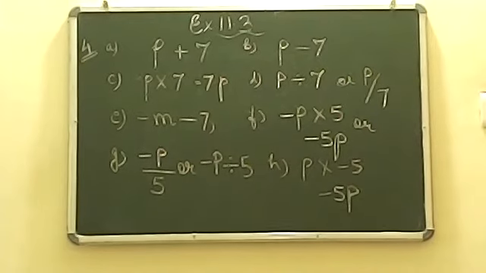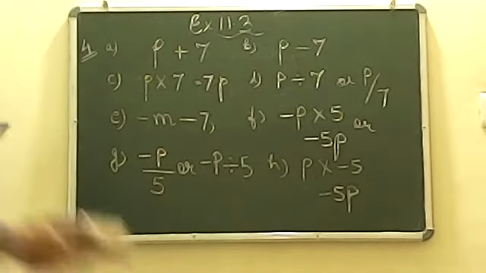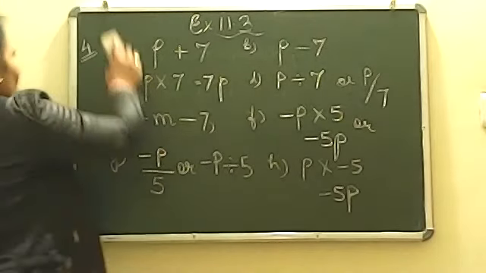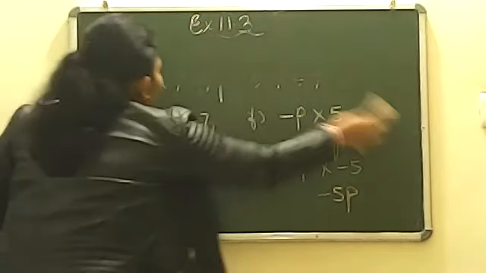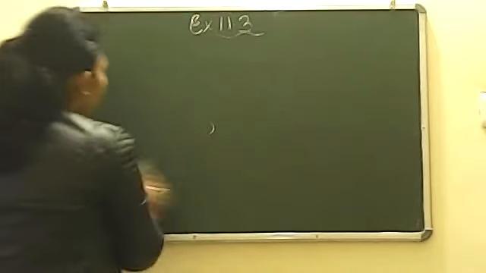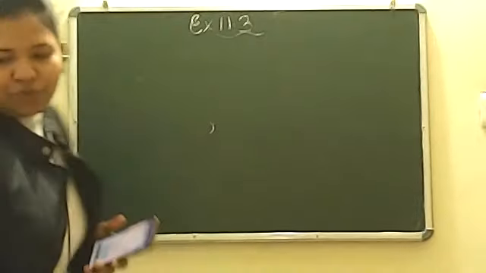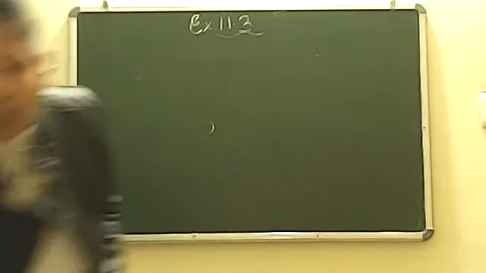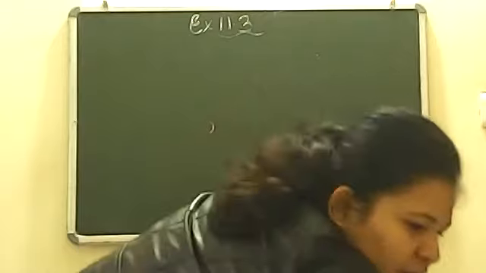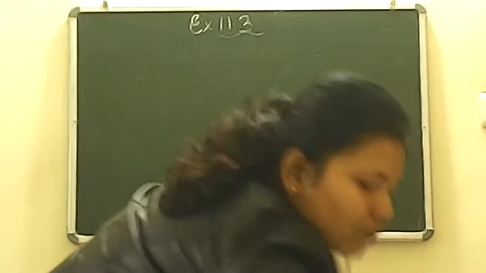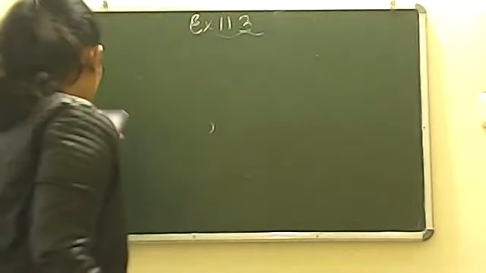Now question number 5. We are moving to question number 5. It is telling give expression in the following cases. This is also a similar question like question number 4, beta. It's not different. It's just the same as question number 4. So let's discuss what we have to do in this.